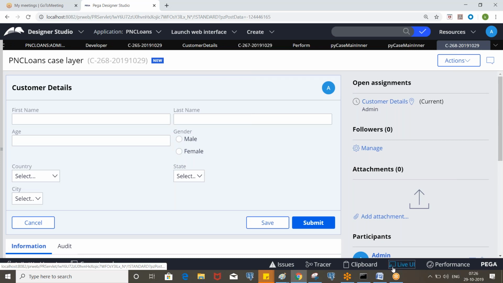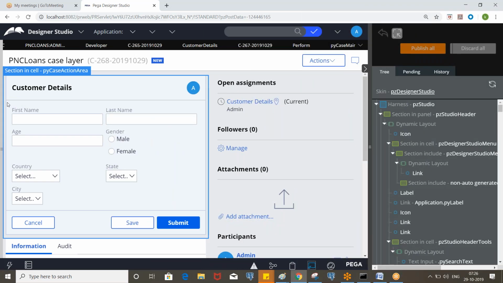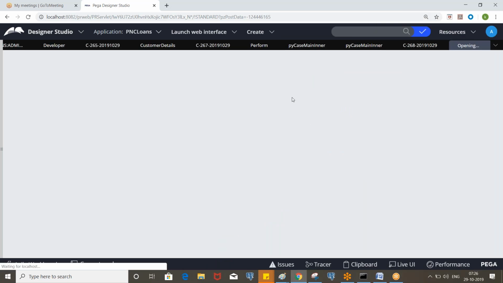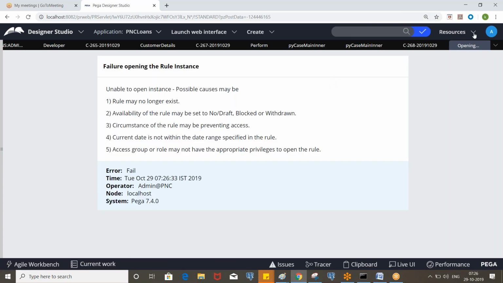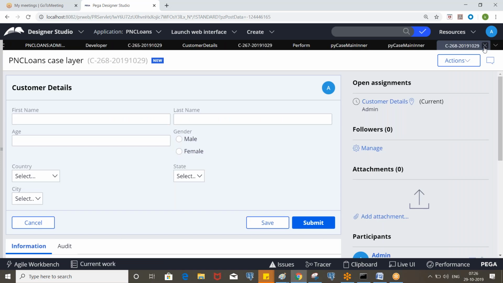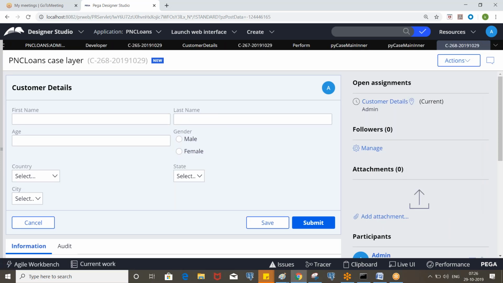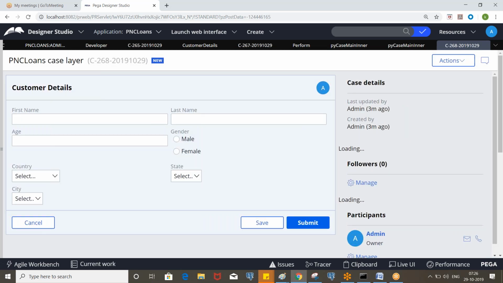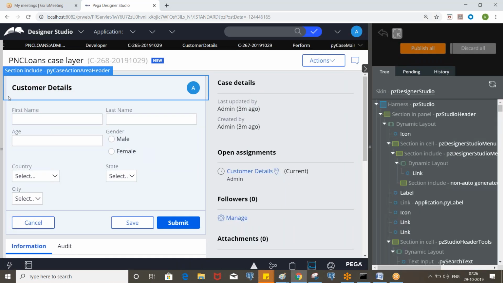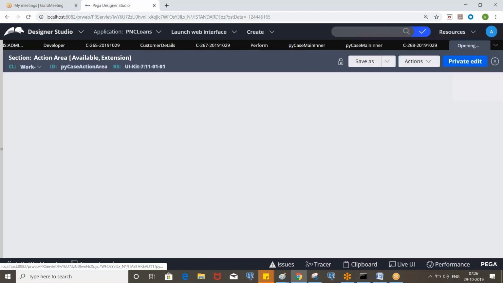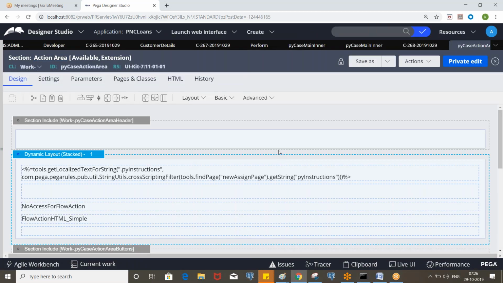Okay, so here we have a py case action area, which is also part of perform harness, and this is the main rule which loads the section. Okay, right?